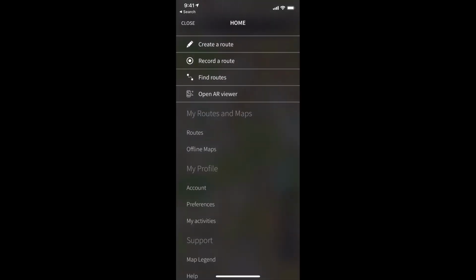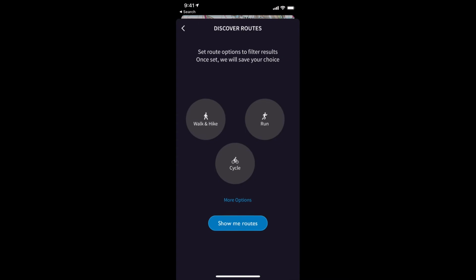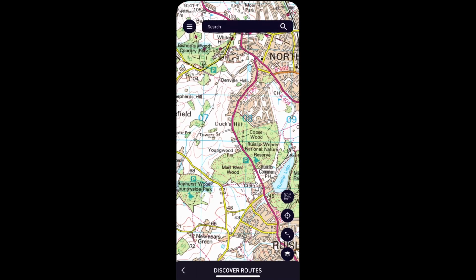Find routes is what I showed you in part 1 of the Ordnance Survey demonstrations. Find routes is how you find routes that have been created by other people. It could be Trail Magazine or AA Walks, or any individual who has created a route and made it public. You would find it through here. If we go back,